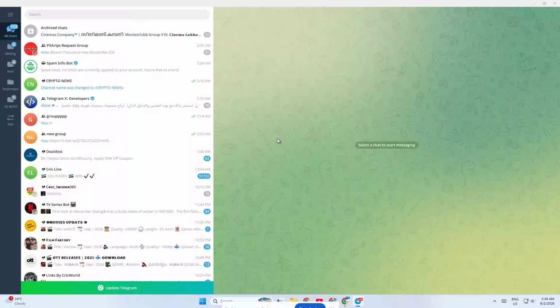If Telegram keeps opening every time your computer starts, this quick tutorial will show you exactly how to disable Telegram on startup in just a few simple steps. This is a great way to speed up your device, reduce distractions, and make sure Telegram only opens when you